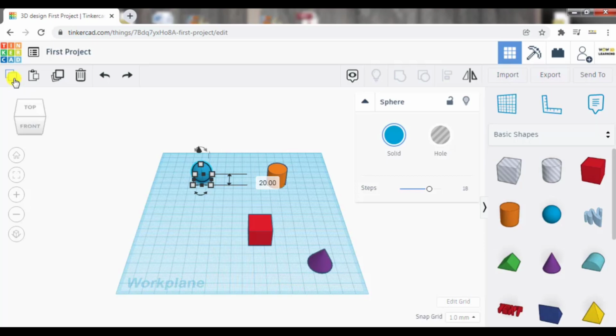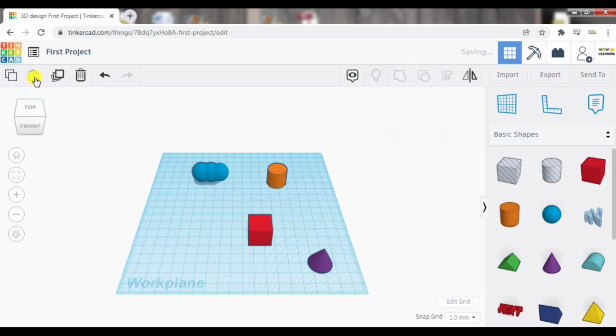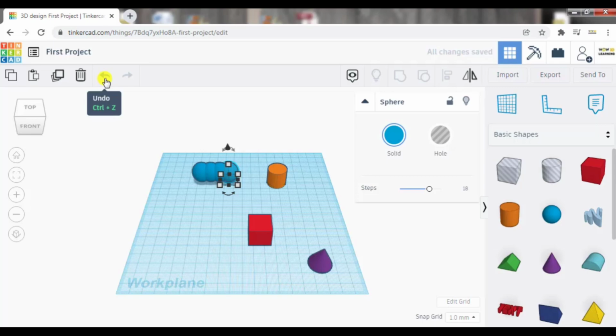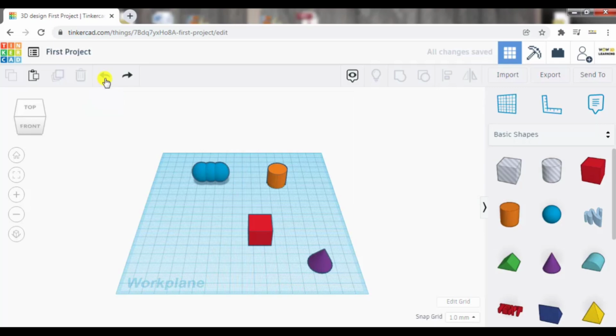you can see how a new copy will be formed here automatically. I have to, after clicking copy, click paste in order to paste the copied object. So the number of times I will click copy, so many number of copies will be made. Now here this option is undo. If I click this, I will go back to the previous state. If I click again I will go back, and this option is redo. Undo will take you back and redo will take you to the last position.